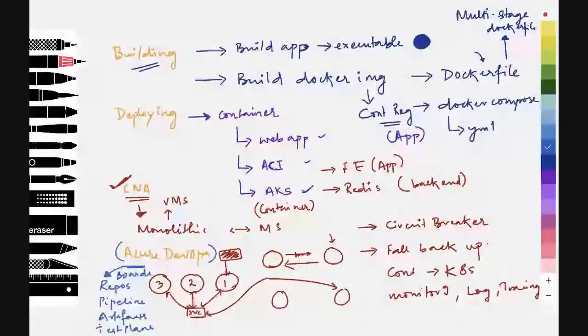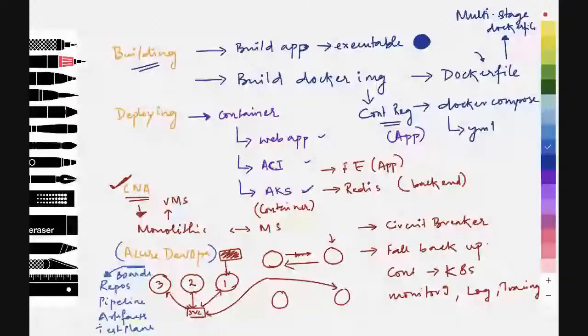So these are the things which we would be talking about. We would be building our application and we would be deploying it as a container. And our application is a cloud-native application because it is divided into multiple tiers. And we would be using Azure Repos and Azure Pipelines today. So that's a brief about the keywords I have explained, and let's get into action.